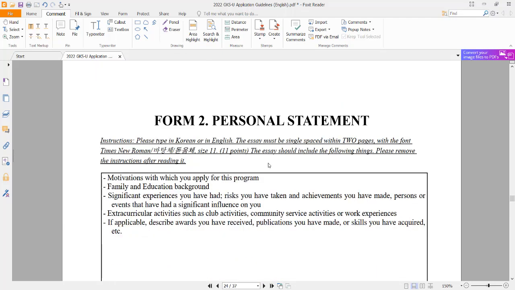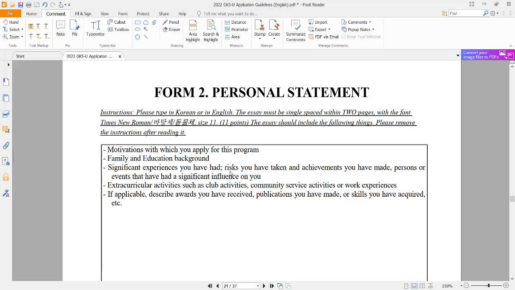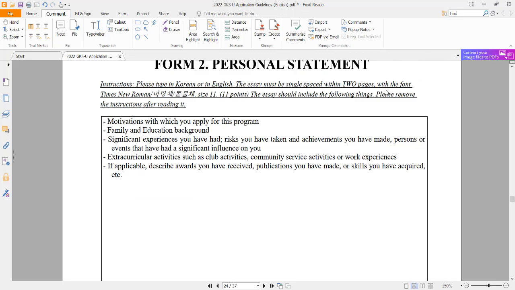Moving ahead to the form 2, that is personal statement. So this is basically a story about you. What was your motivation for this program? Explanation of your family and your personal education background. Then whatever experiences you have. So you can make it look like a story in just one page, because